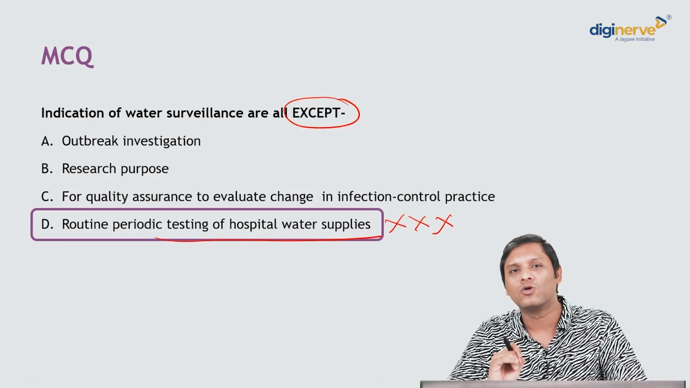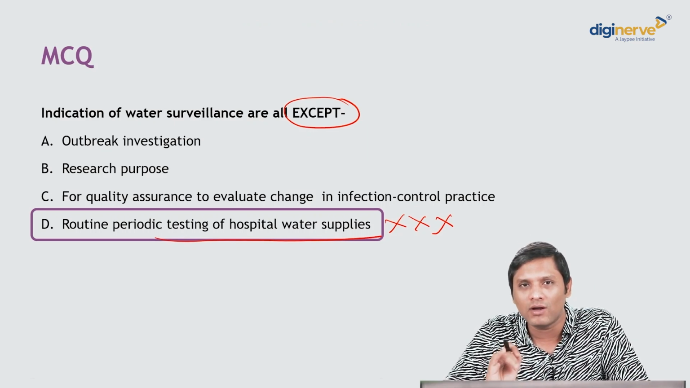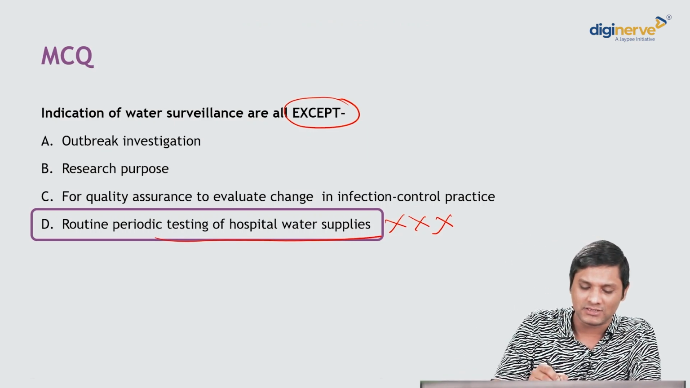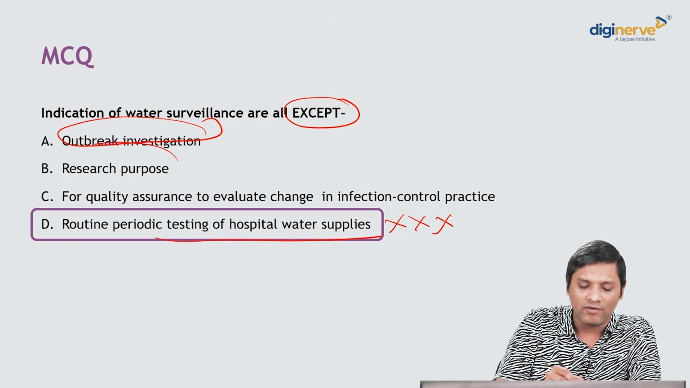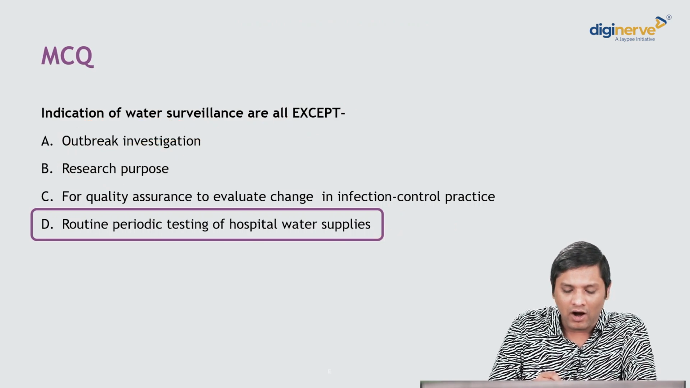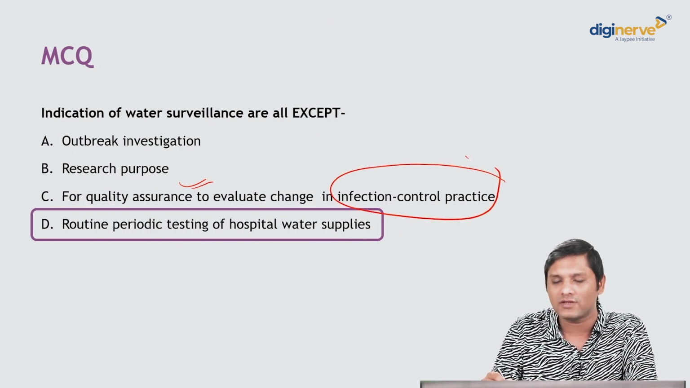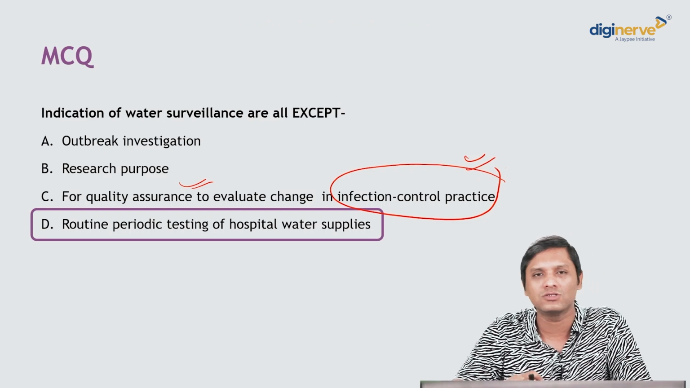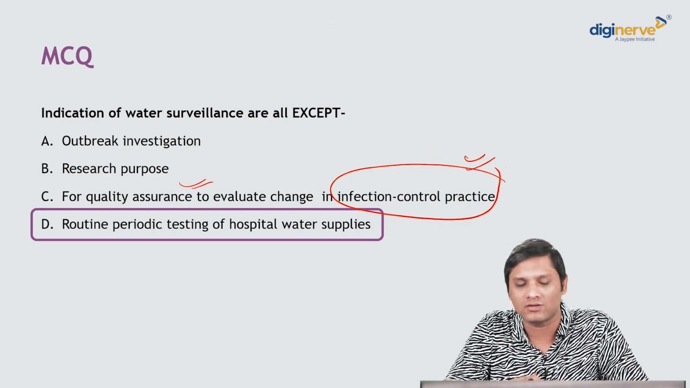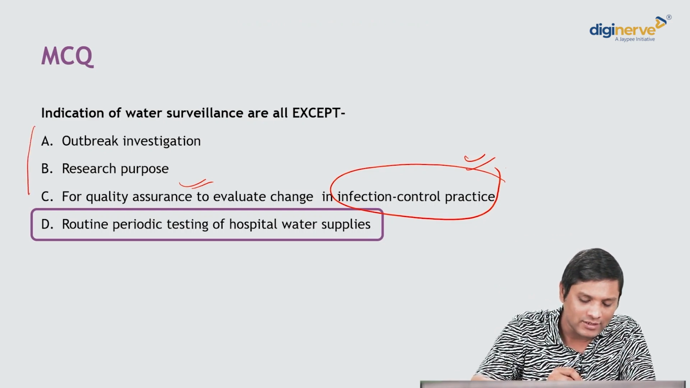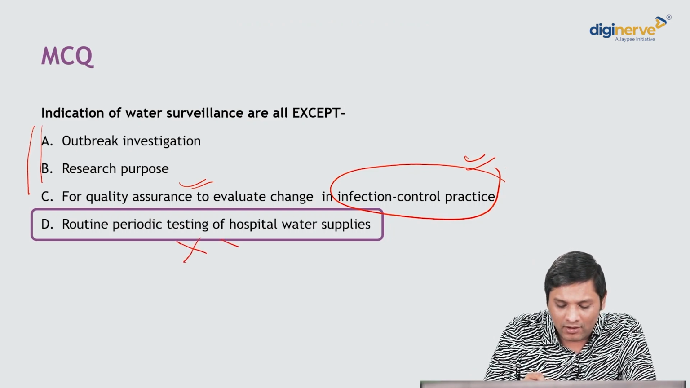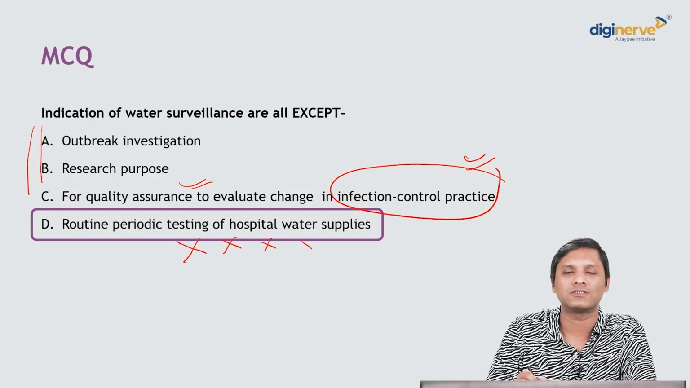You have to do the water surveillance only when there are specific indications such as outbreak investigation, for research purposes, or for quality assurance to evaluate whether the new infection control practices which are introduced are working properly or not. So these are the indications for water surveillance. Routine periodic testing of hospital water supply is